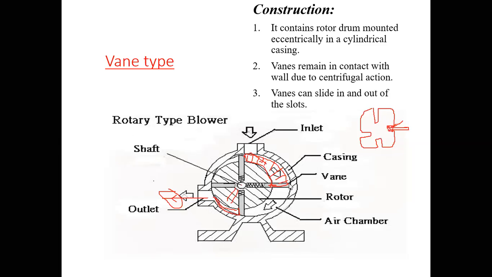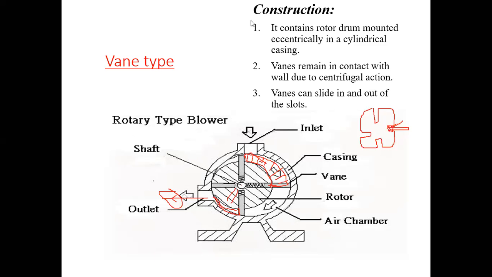Basically it consists of a number of vanes provided in slots on the rotor. Along with this, there are some springs. So spring loaded vanes will move to and fro inside the casing as per the volume available inside the casing. Where more volume is available, the spring will expand. Where less volume is available on this side, the spring will compress, and this enables the air to compress, raise its pressure and then be delivered from the outlet valve. I hope you all are understanding.